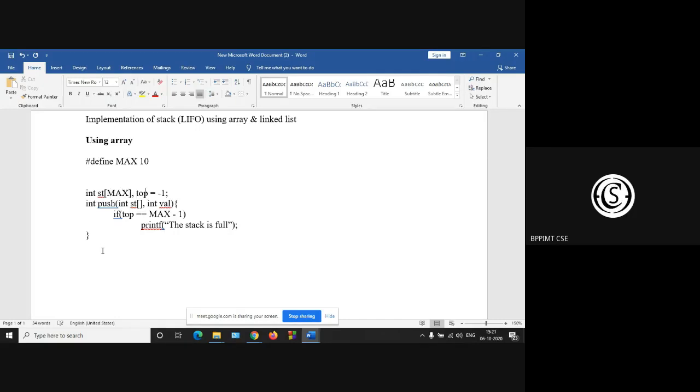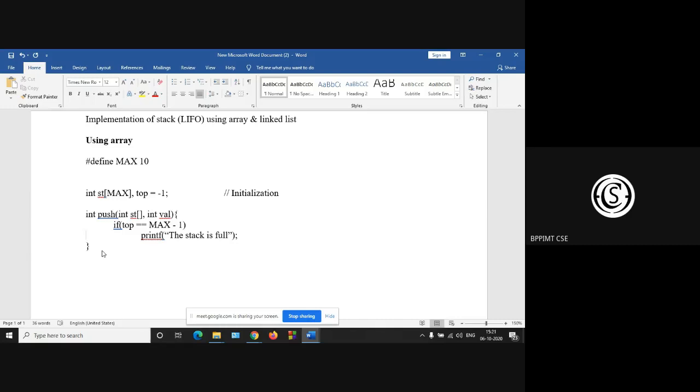So this part is for initialization of your top and the array. Now your main function should be menu driven. So you have to use the switch case.